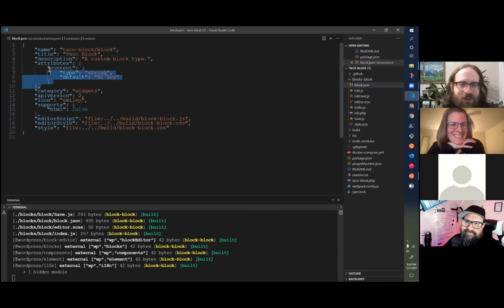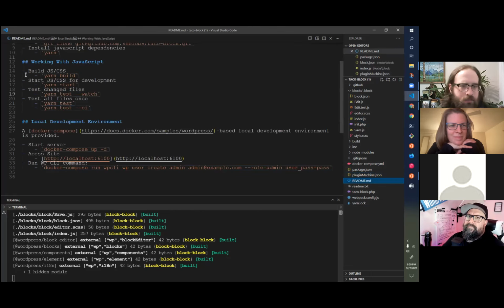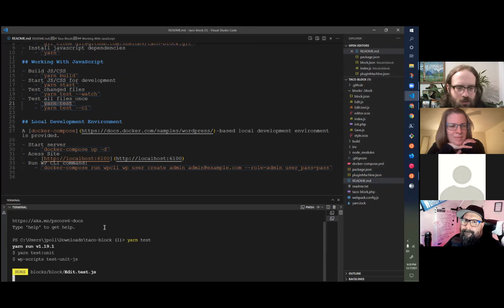And so you can define your attributes, what files are going to be loaded, what the icon is. And this is all set up and ready to go here, like all of the files for your edit component, your save component. We go back to the README here. We see that we have tests,